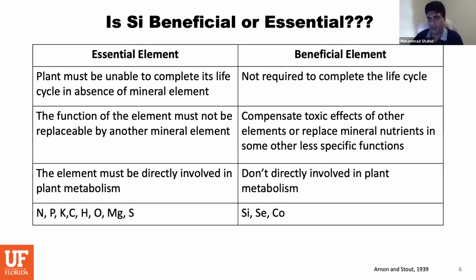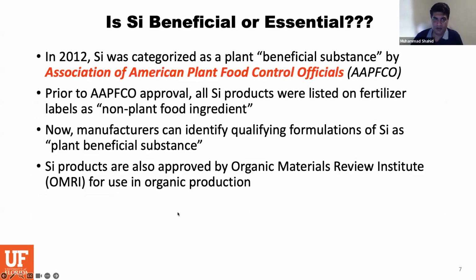But silicon is a beneficial element. It is not required to complete the vegetative or reproductive growth of the plant, but it provides a supplemental effect. It is not directly involved in any plant metabolism. Silicon, selenium, cobalt are examples of plant beneficial elements. And